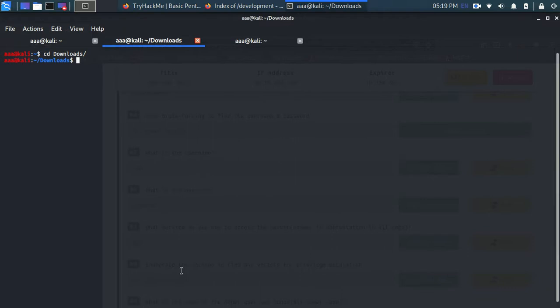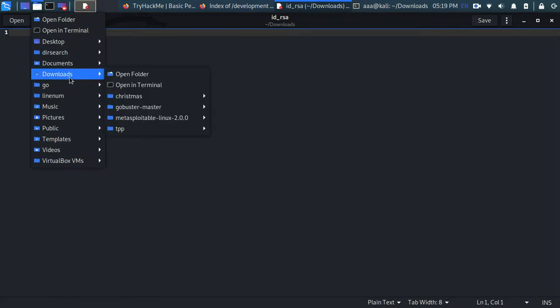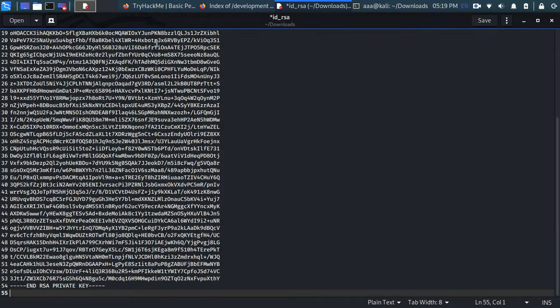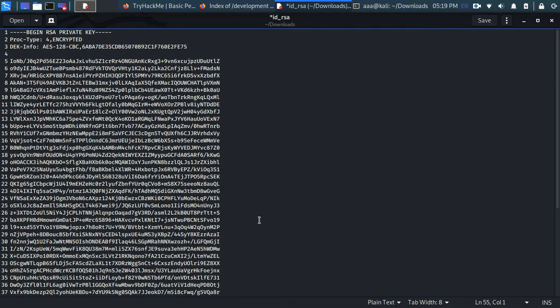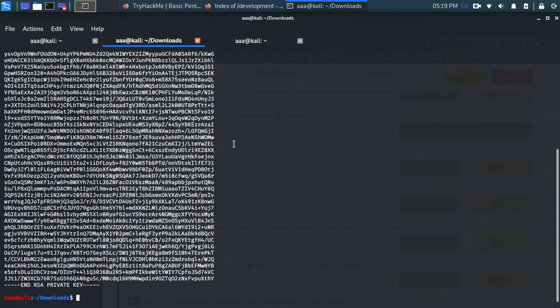To make a file you need to type touch, and let the name be id_rsa, and you can press enter, and then you can use gedit to open that file, or you can just directly go to downloads and open that file. So I have pasted his private key over here. Let me save this and exit. This is the RSA private key.